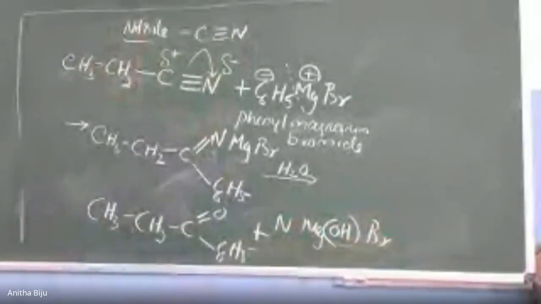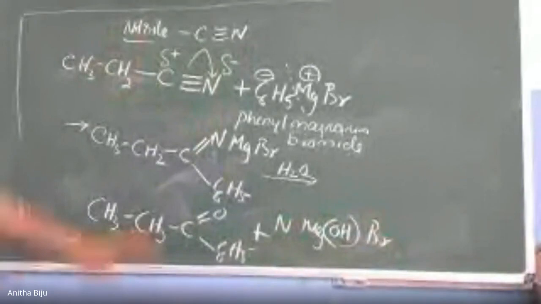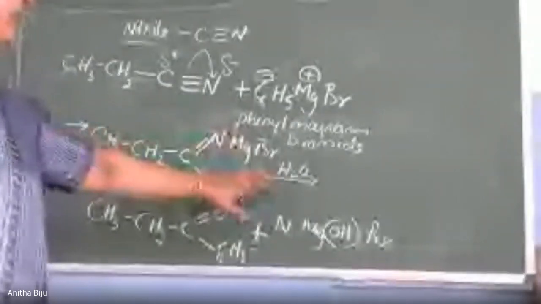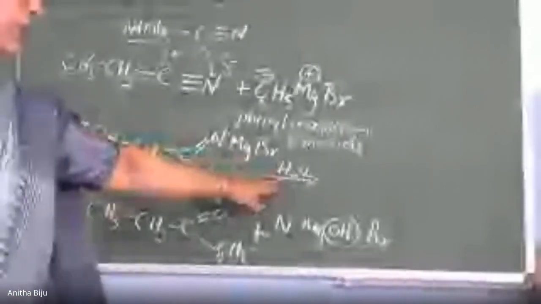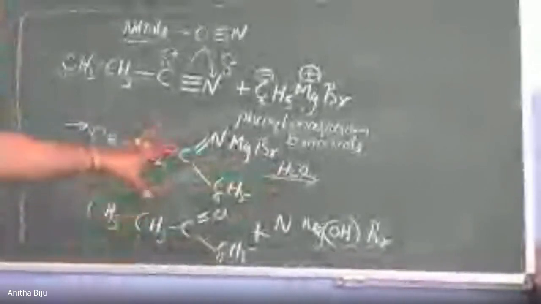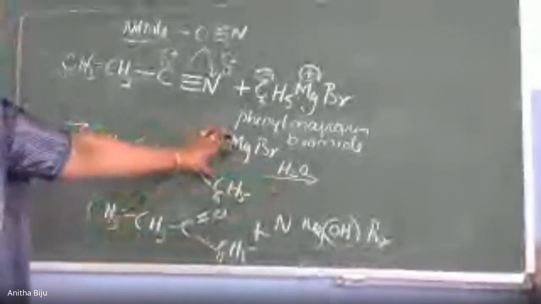So this is the byproduct obtained. This is the byproduct, and this is unstable, and this is the stable product. So we can say that it is a mechanism, but we can't explain this mechanism well because in this reaction water is there, but hydrolysis will always be accelerated by the presence of a mineral acid. So instead of water, normally H3O+ is coming, and this H+ is coming from the medium. So that's why we can't write the addition of H2O properly here.